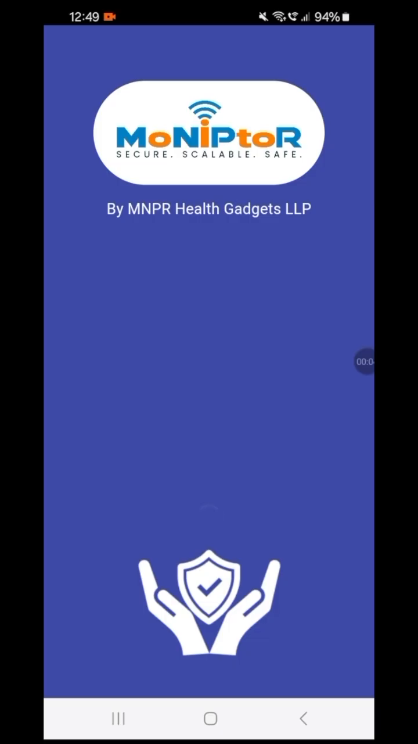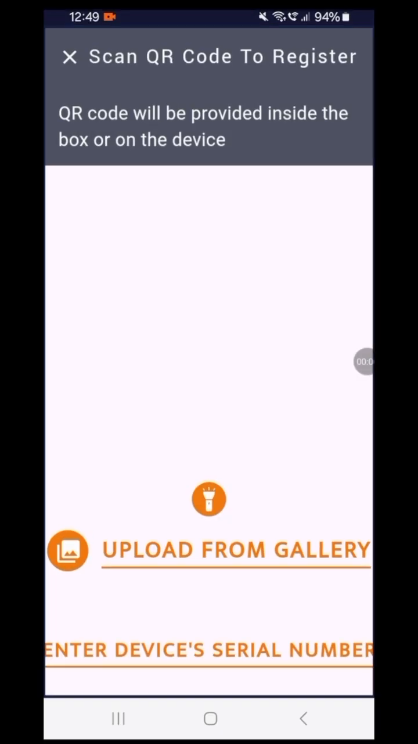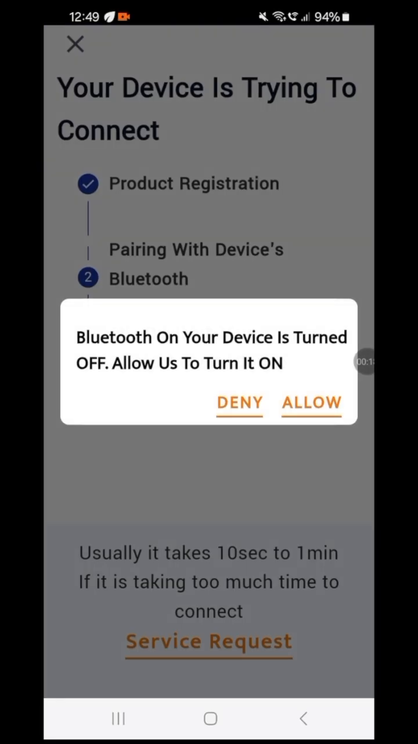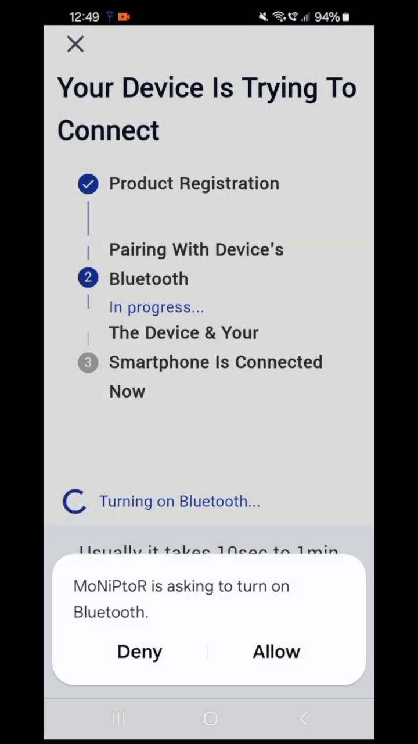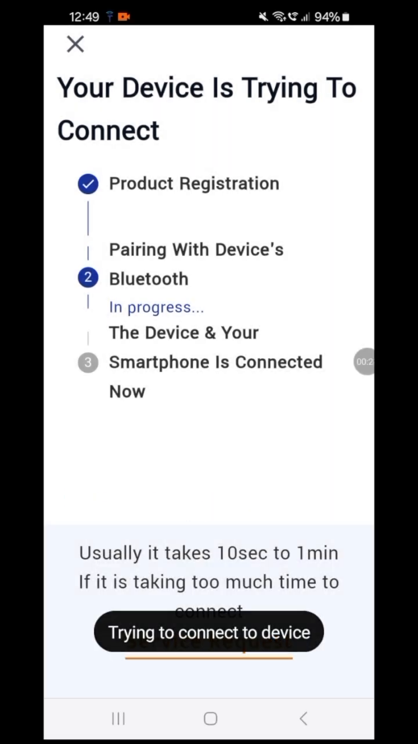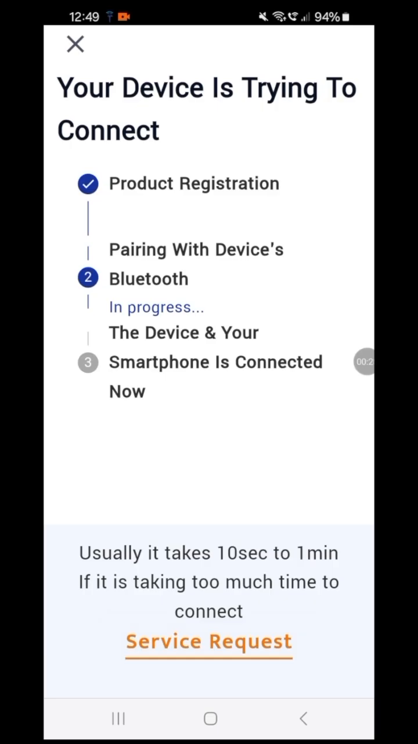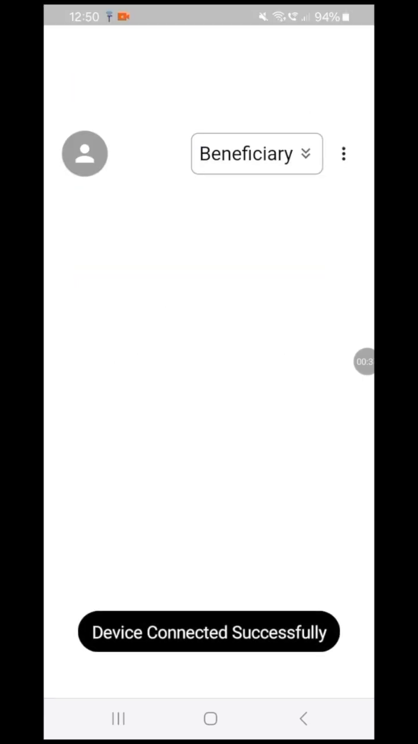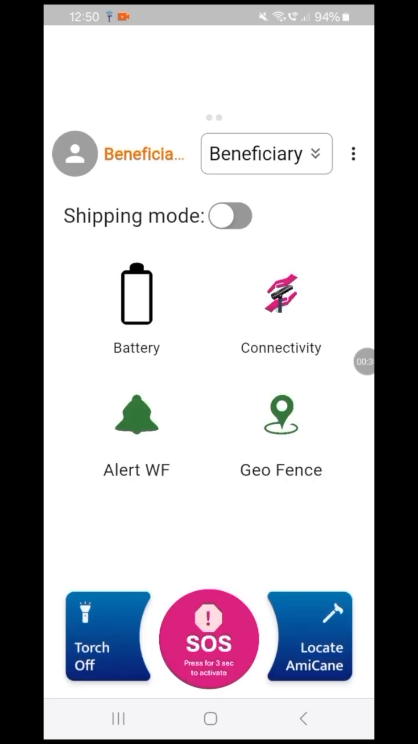So the first step is to register the product. To register the product, either I give the serial number or I scan the QR code on my Amican. Once that is done, it will try to connect with that device over Bluetooth, and we will see now that it is already connected. If any issues are there, you can go to service request, but that we will see later. Once the device is connected, it will come to your